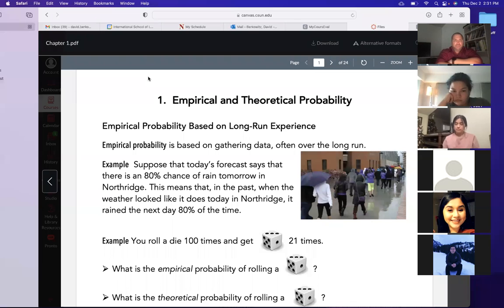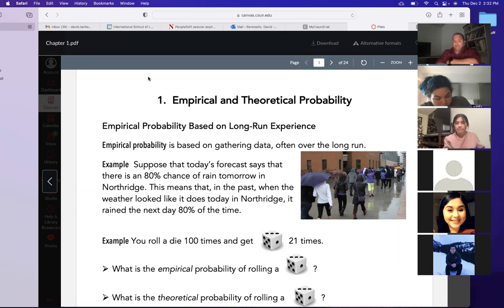But chapter 1 dealt, and you can just make a bullet list of things to know. The things that I point out as, oh yeah, this is important. Things that I stress, so you'll know, oh, he stressed that. Maybe he thinks that's important enough to ask about. So we have empirical and theoretical probability.